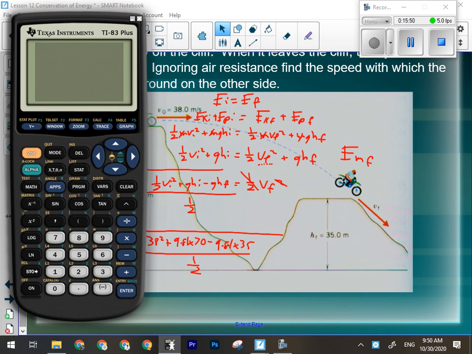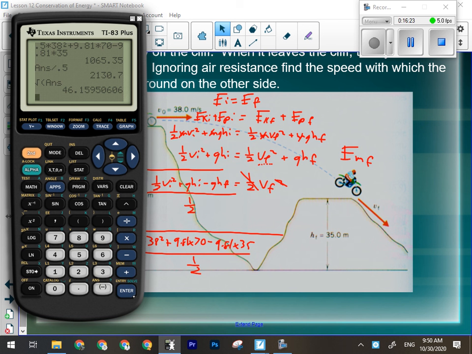It can. So you can do it all in one step and use tons and tons of brackets, or you can do it one step at a time. It doesn't matter to me, whichever way makes more sense to you. Okay, so 0.5 times 38 squared, plus 9.81 times 70, minus 9.81 times 35, divided by 1/2, square root that. All right, so when they hit the ground on the other side, they'll be moving at 46.2